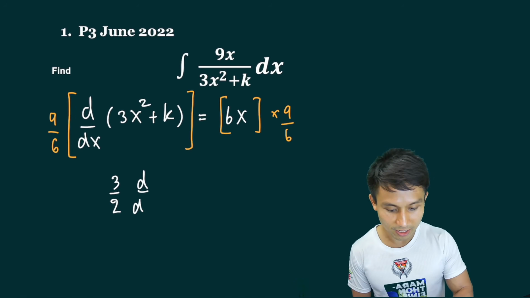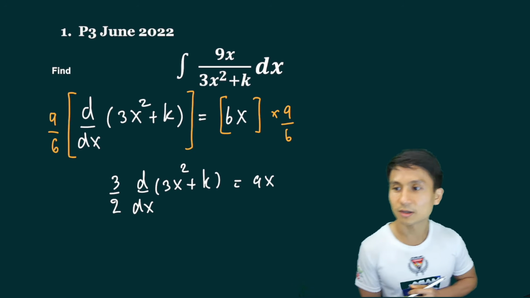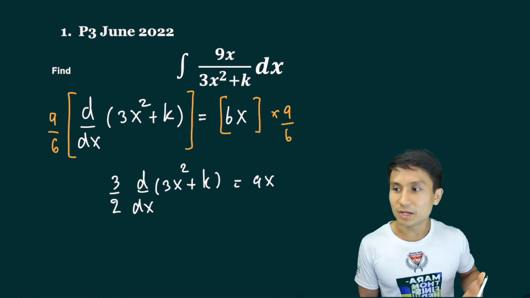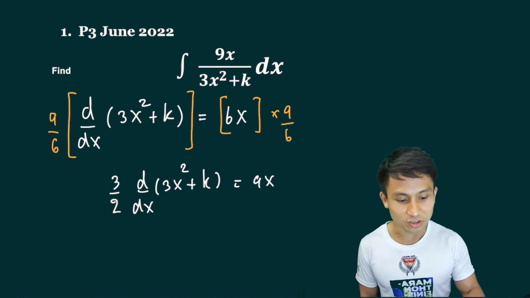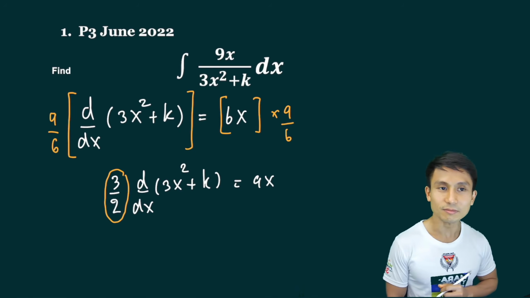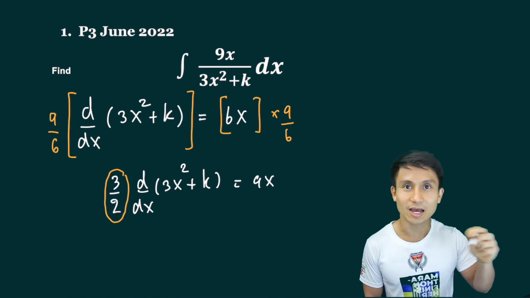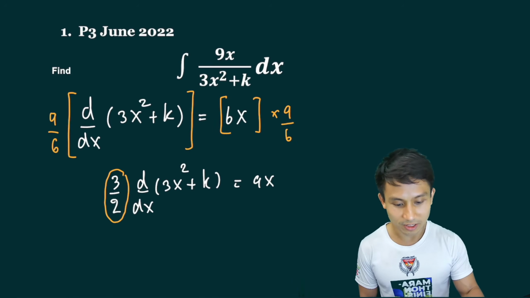And d by dx of 3x squared plus k equals 9x. Well, what's the point of this? The point of this is to extract the correction factor here. That is the correction factor. We're going to use that in our integration form. Because if you remember,